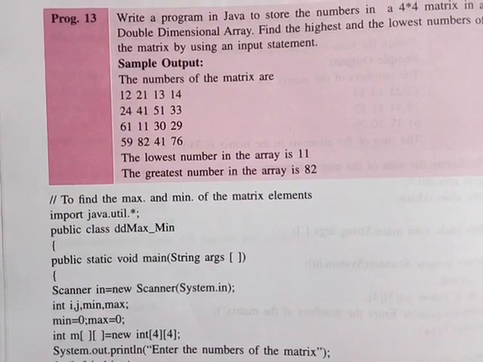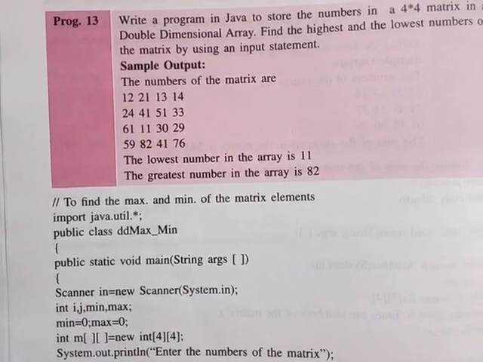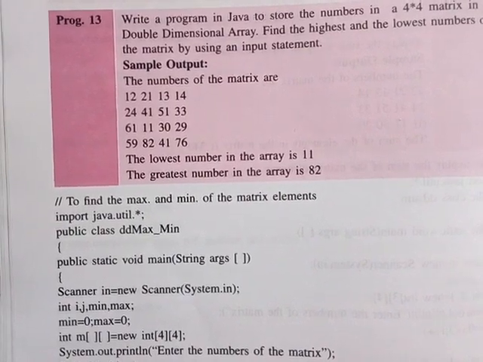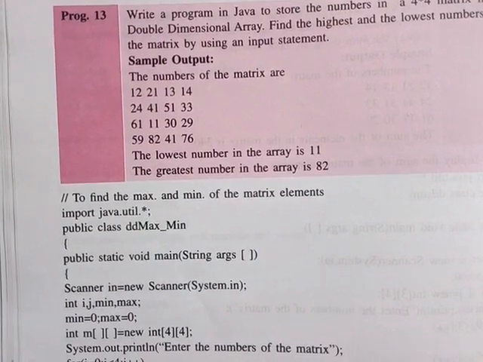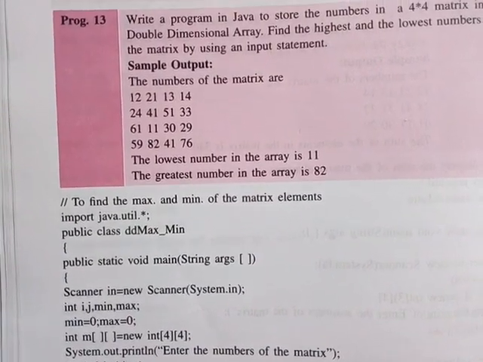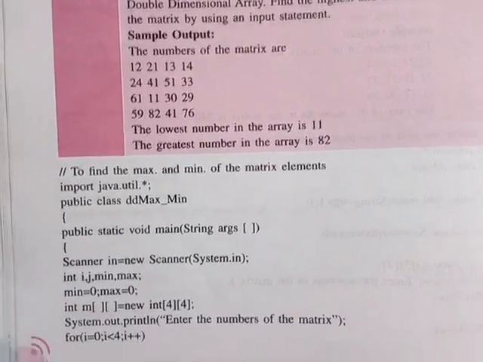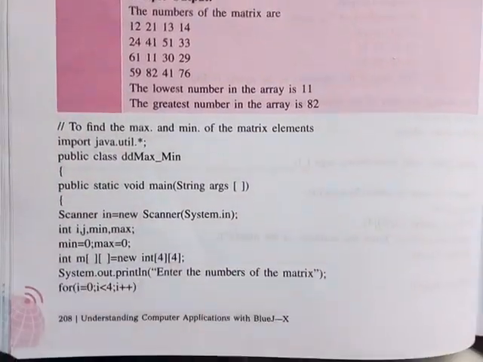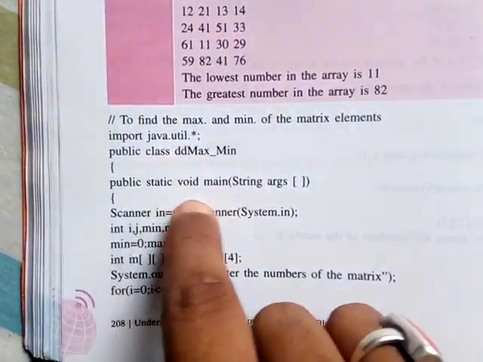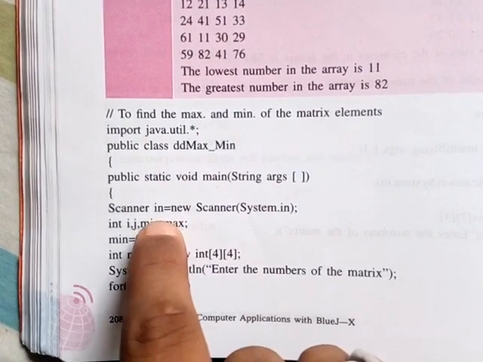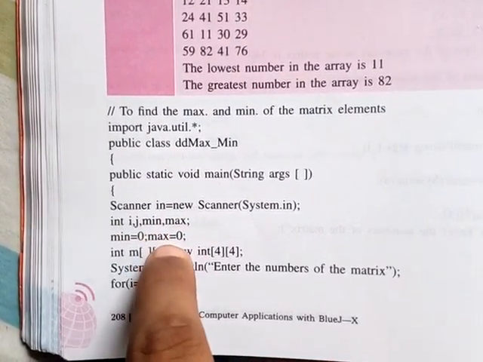So already students, you know how to find the maximum or minimum number in an array, because we have already seen this type of technique. In that searching technique, first we store the first value in a variable called max or min, then compare that value with all the other values to find the maximum and minimum number. So now we are going to start this programming. See, starting is the same: import java.util.*, public class, static void main, Scanner class object declared, then variables declared: min equal to 0, max equal to 0.